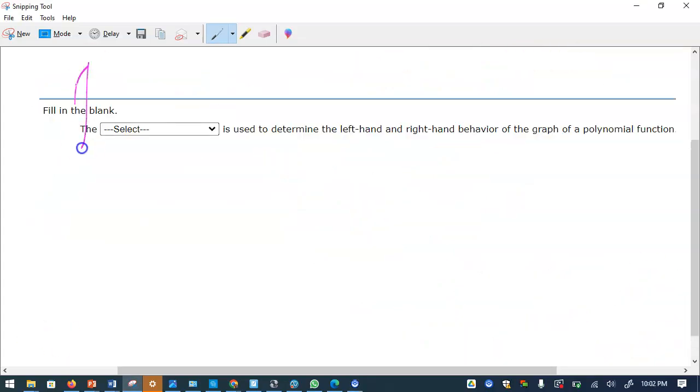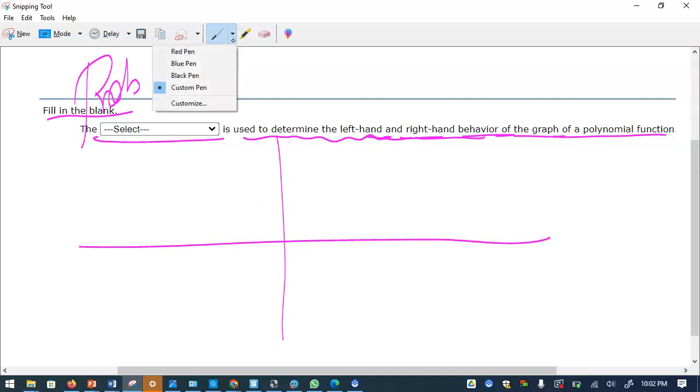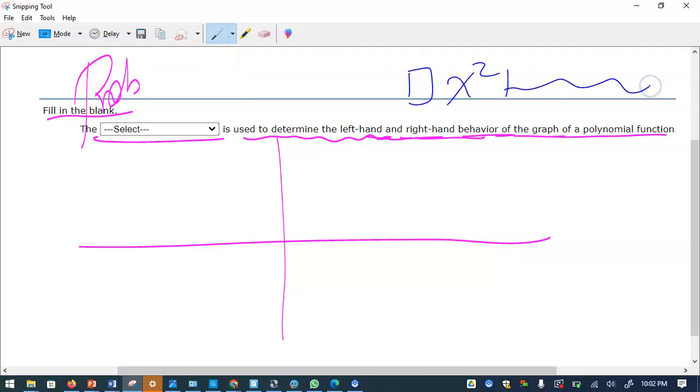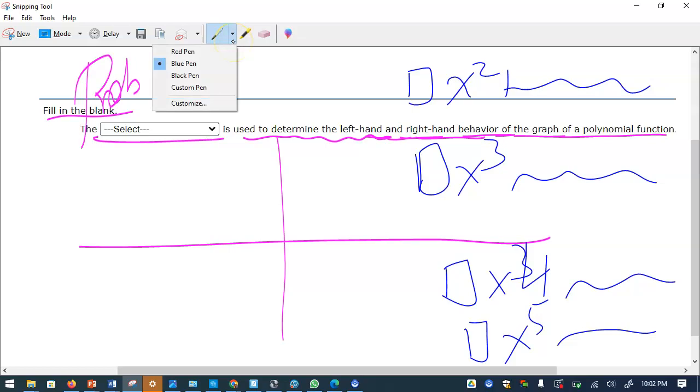So in problem number 6, the practice problem, you see this. What is used to determine the left-hand and the right-hand behavior of the graph of a polynomial function? It means everything depends on what number is the power of x, whether it is x cubed, or maybe a quartic, or maybe x raised to 5, and this could be anything. Okay, what about the leading coefficient? So this is the leading coefficient,